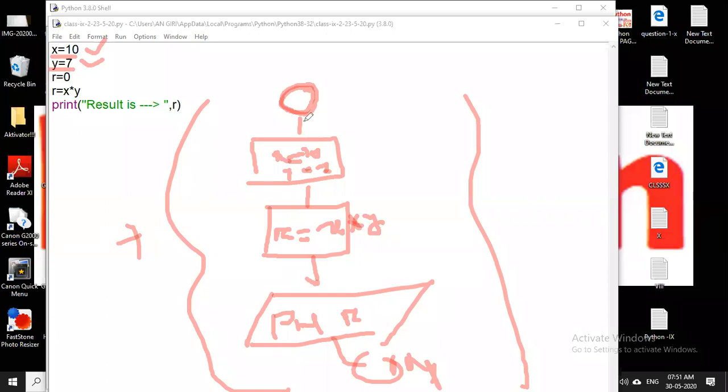Okay, in real life in Python, how to do this? Because you know this flowchart is just a layout, just a plan. Flowchart is just a plan. What happened? Persons are entering and going, coming and going. If you want to come, come, otherwise you don't come. So next is your x is equal to 10, then y is equal to 7, then r is equal to